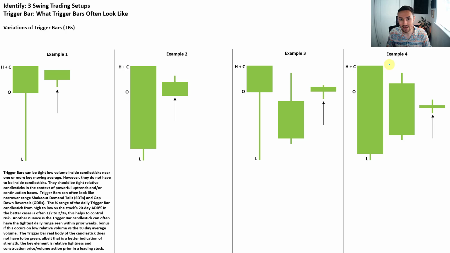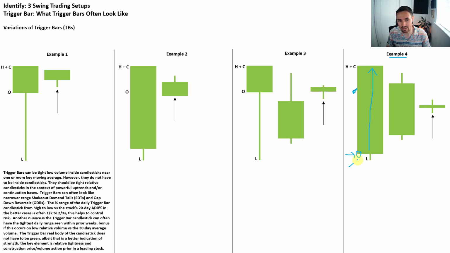But what it could be is, let's say example number 4, right? This could be a gap down reversal bar. Let's move that O. So what it could be is the stock gaps down to, say, the 21-day EMA. The O should be down there. There we go. So the stock gaps down to the 21-day EMA, and then it pushes up, closes really strong